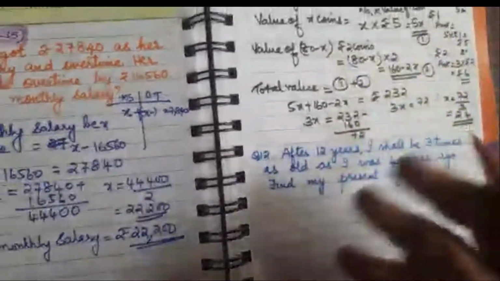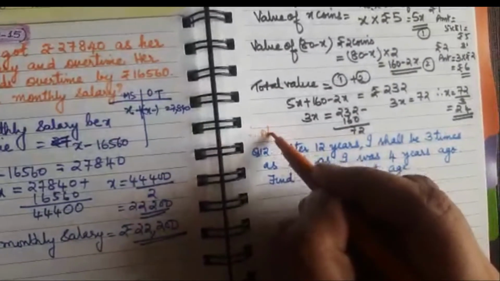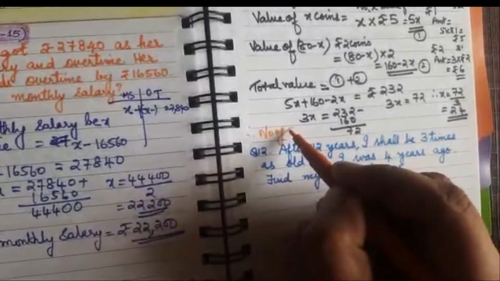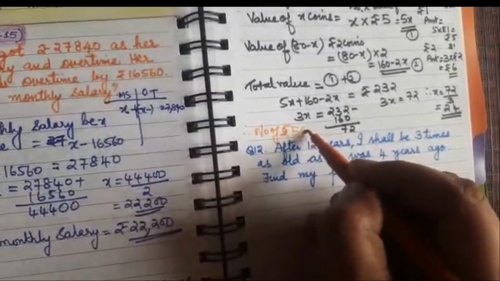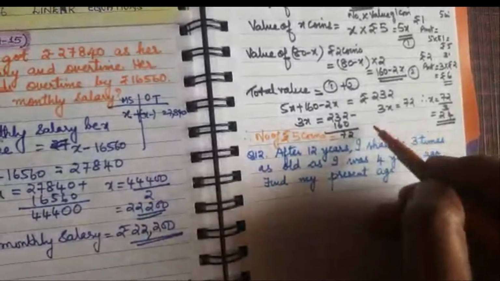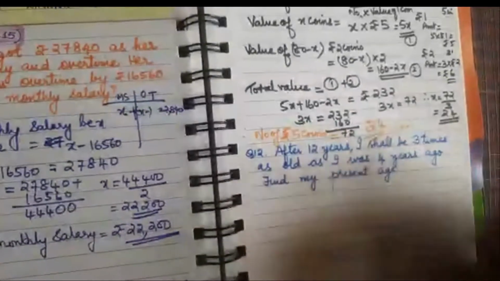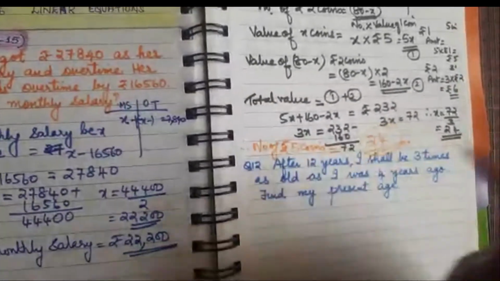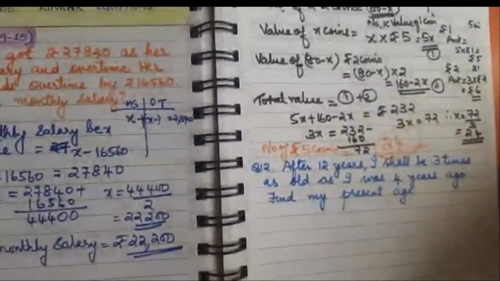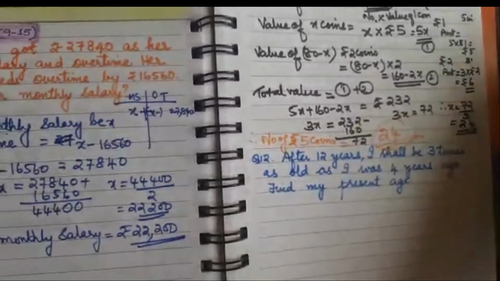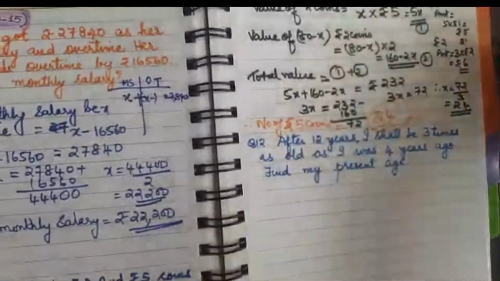Therefore the number of 5 rupee coins, which we had taken as x, is 24. Understood? So this is the answer. I hope you understood this question well. Now next is,